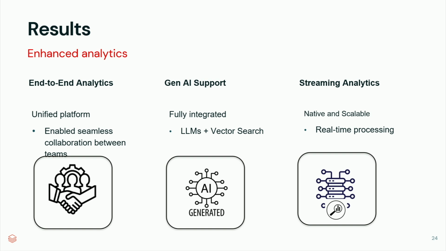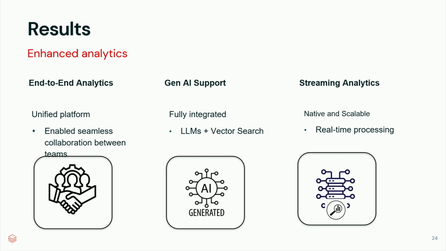Another thing on the results is enhanced analytics. Besides cost, the migration was more than a platform change, more than cost saving. It was a leap forward in how to deliver value through data. It unlocked new capabilities across 3 strategic dimensions: end-to-end analytics, generative AI, and real-time intelligence. The Databricks unified lakehouse platform transformed collaboration, how the various teams worked, and this reduced the handoffs between teams, improved data quality, accelerated delivery, all while enforcing consistent governance standards and access control using